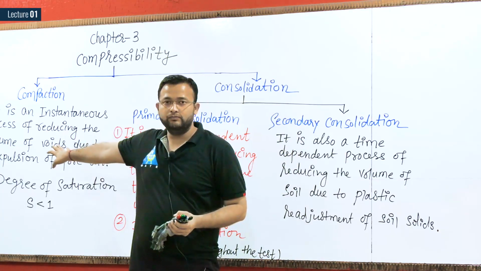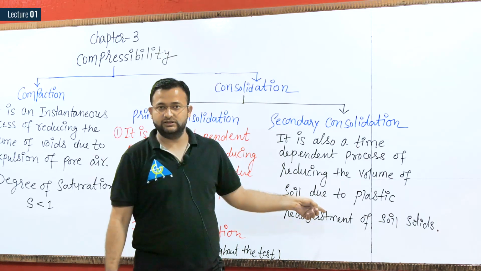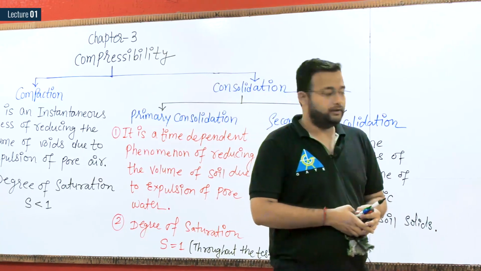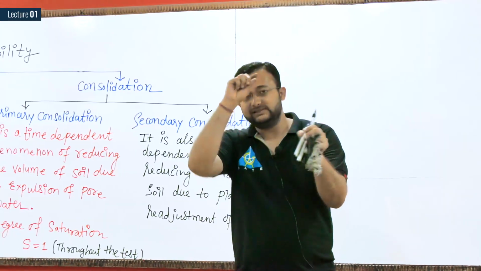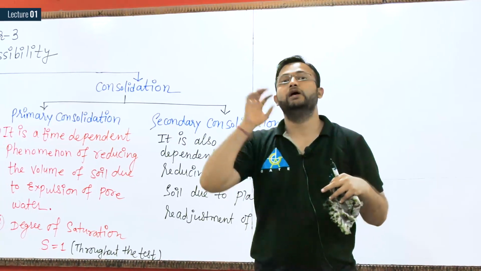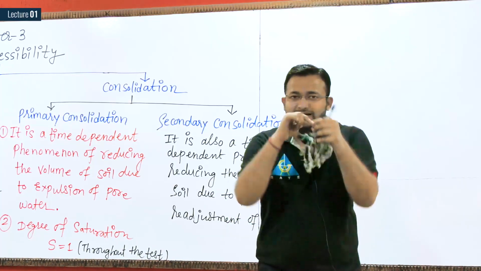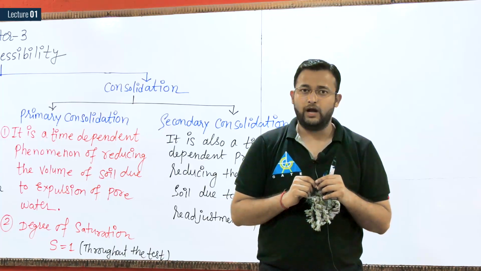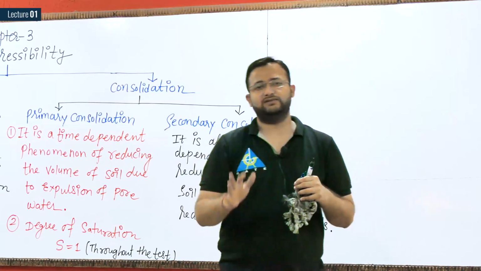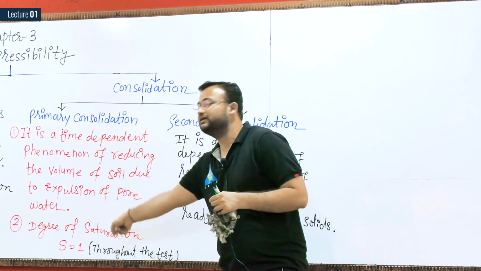In this secondary consolidation, what happens? Here you remove the air, here you remove the water, then what are you going to remove in secondary consolidation? Actually in secondary consolidation, under the constant loading your soil solids get reoriented. Once air was present, that has been removed, some settlement occurs. Water was present, it is removed, some settlement of solids will occur. So there is a plastic readjustment of soil solids under the constant loading of a big structure, and highly viscous water is removed in secondary consolidation, which was not removed in primary consolidation.